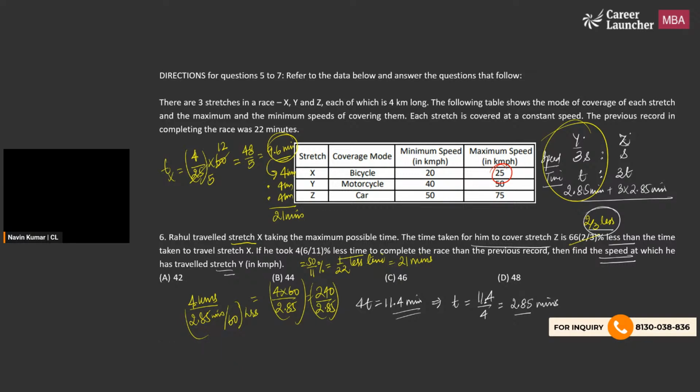Let's check that one. Let's choose the option. So if I look at the first option, the time he's going to take is 4 upon 42. And the next time that he's going to take is going to be, since speed is